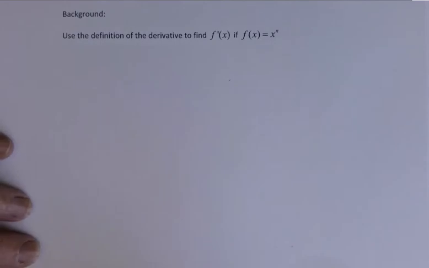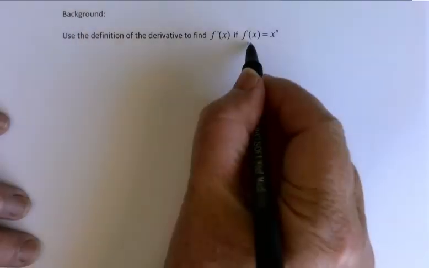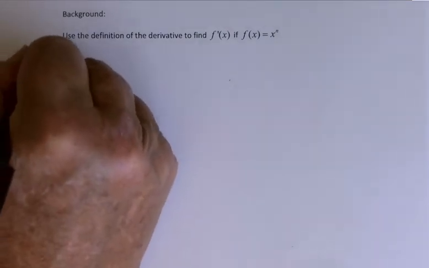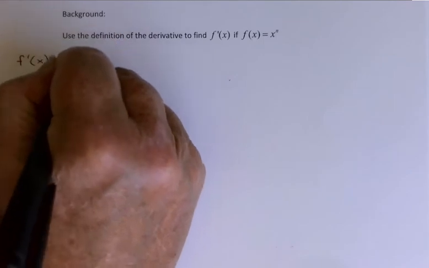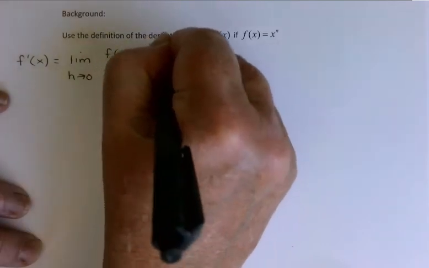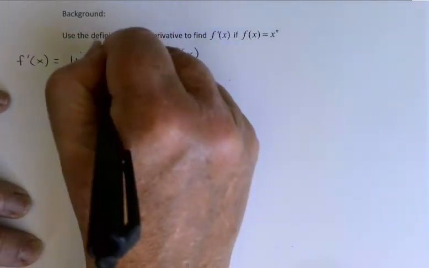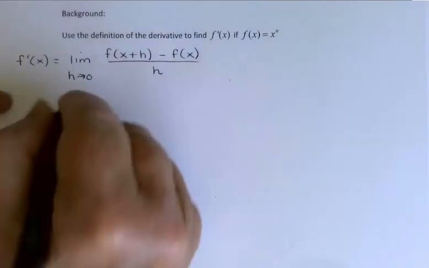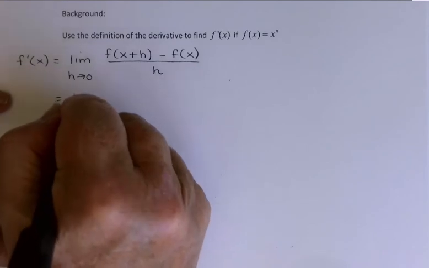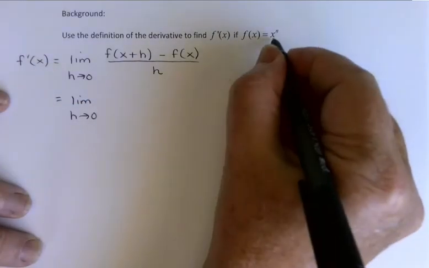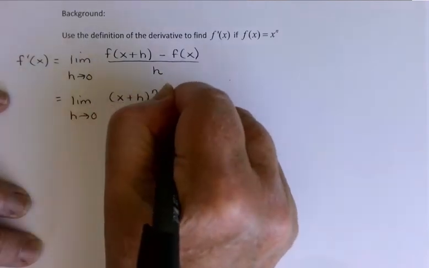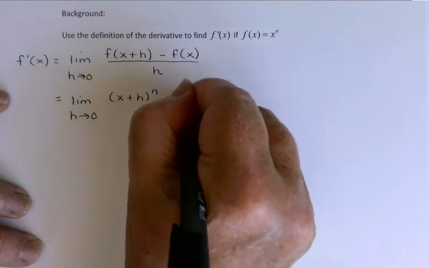So let's begin by using our definition of the derivative on the function f of x equals x to the n power. Remember, f prime of x is the limit as h approaches 0 of f of x plus h minus f of x over h. And so for this function, we will have x plus h to the n power minus f of x, which is just x to the n power,